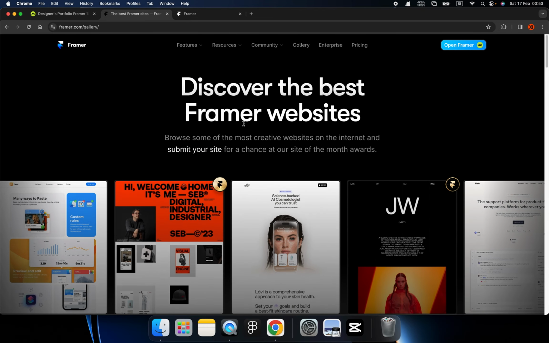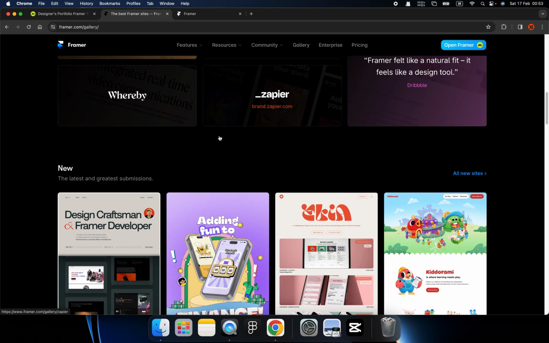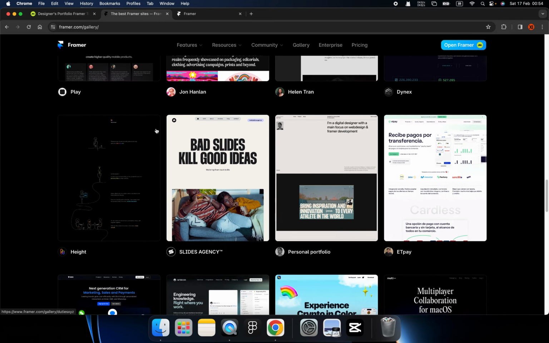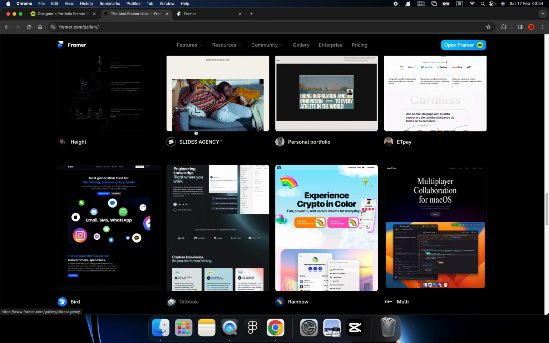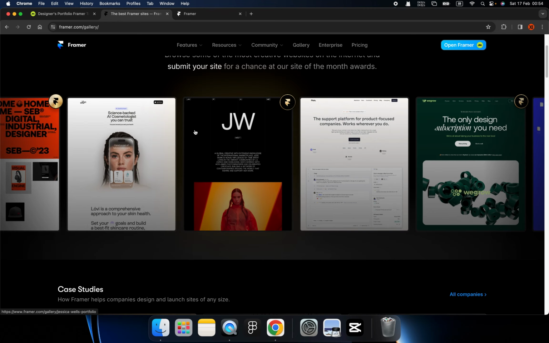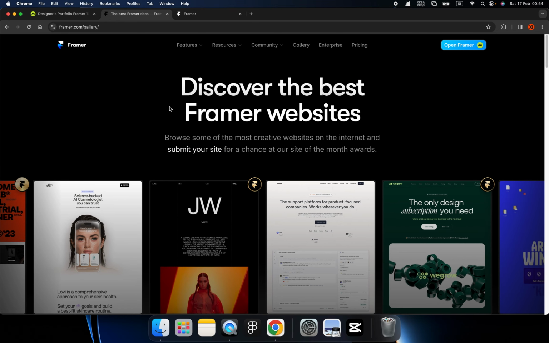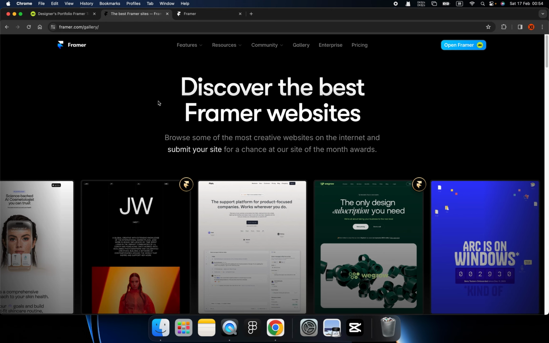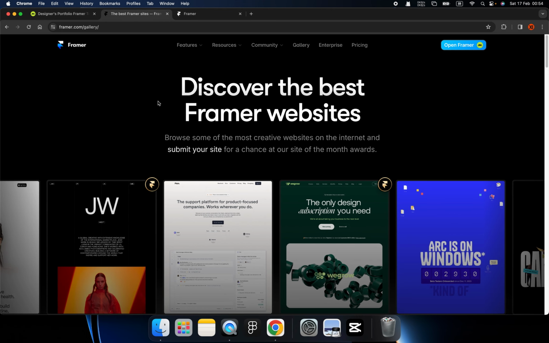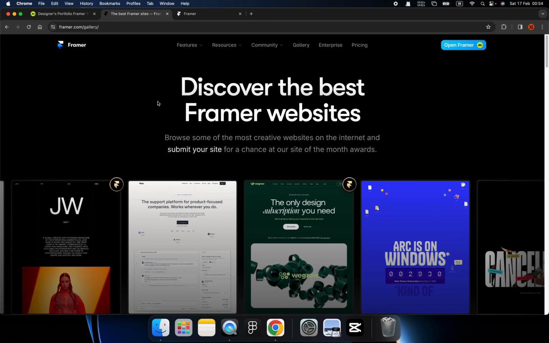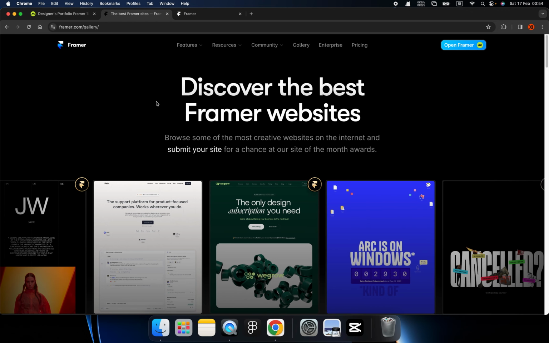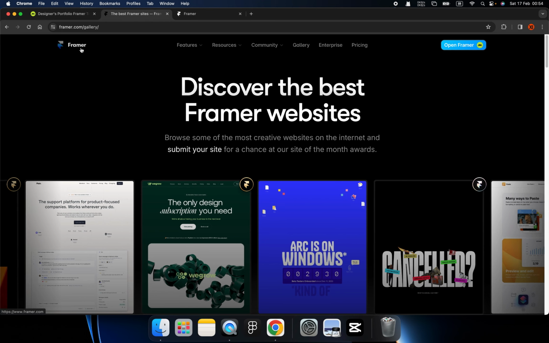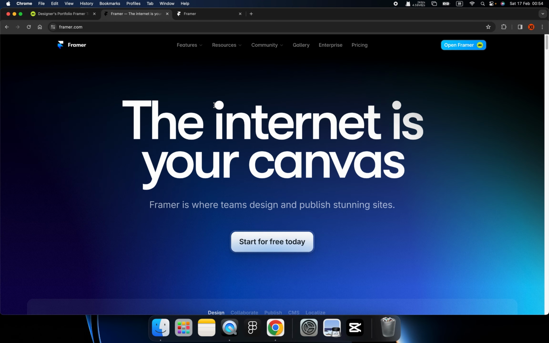Okay. And in the gallery navigation, we have a different website every day, and we can enjoy visiting the beautiful websites that are created by Figma. Yeah, cool, right? Discover the best Figma websites. Pretty amazing. Okay. And if you are a designer like me, you need to build up your portfolio for HR,